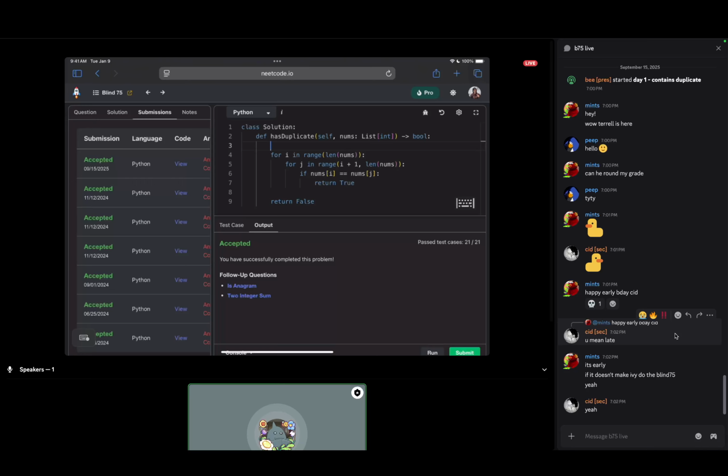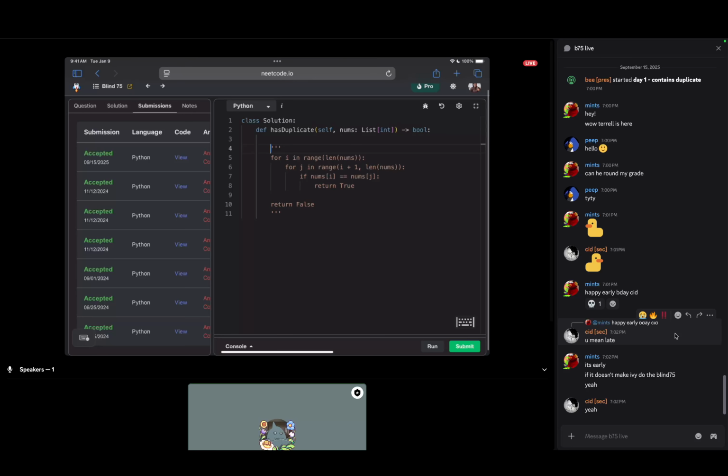If you have any questions, please feel free to drop them in the chat. The code will still be here, but I'm going to keep going and talk about some other methods that we can use to solve this problem. There's actually a couple I can think of. I want to keep it short for today. Okay, let's talk about